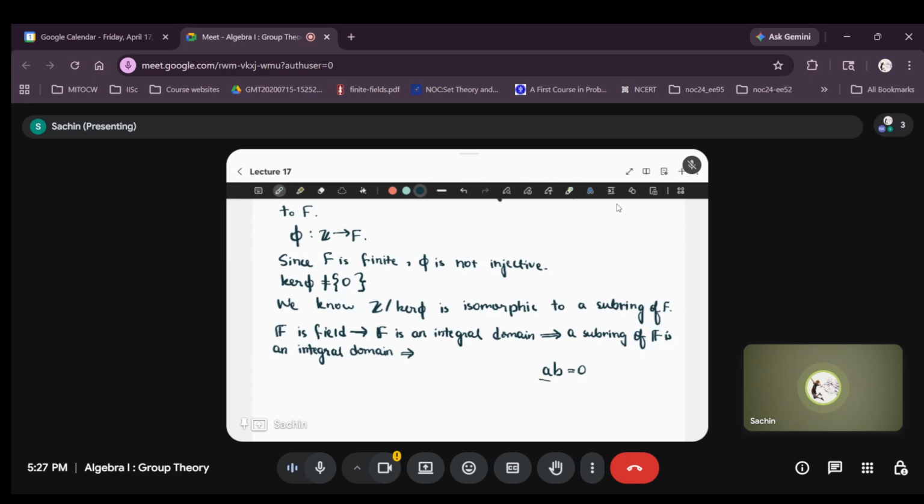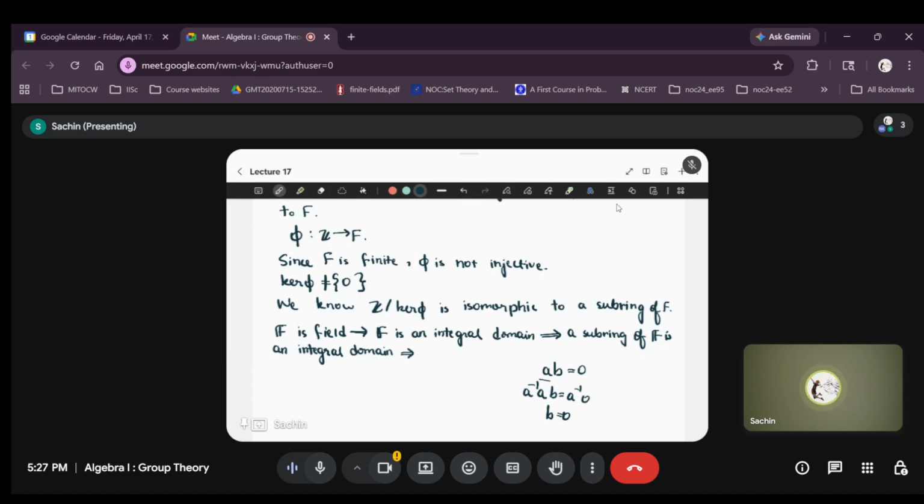Suppose A is not the zero element. Then A has an inverse, and you can multiply on both sides by the inverse. You will get B is equal to 0. So if you have A times B is 0 and one of them is not 0, the other has to be 0,